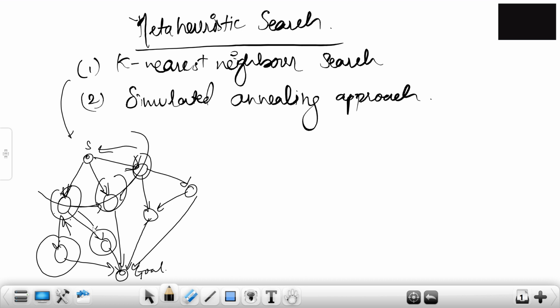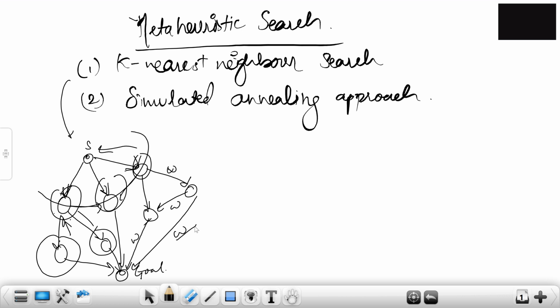Now how do we see cost? What is the cost of traveling? Traveling from one node to another, there is a cost function given to it. Based on some function, it will determine the cost of traveling. These edges will have weights, basically all these edges will have some weights, and that tells you the cost of traveling. If the weight is more, the cost of traveling from that node to the other node is more. So that tells you the cost of traveling from the current node to the next node.